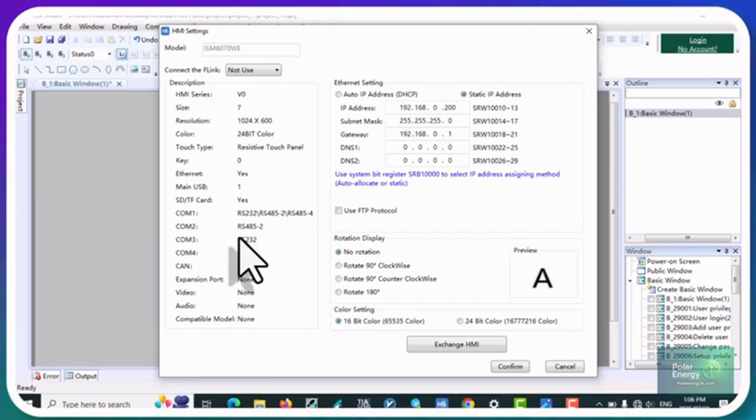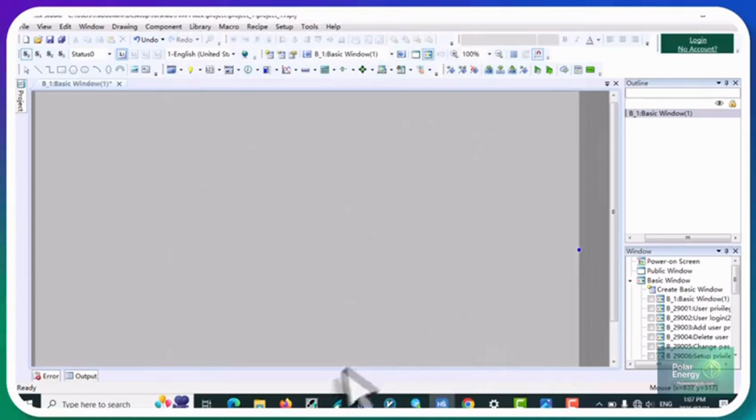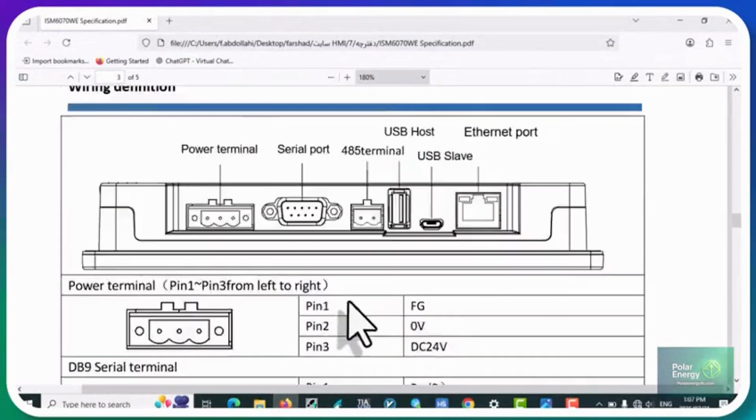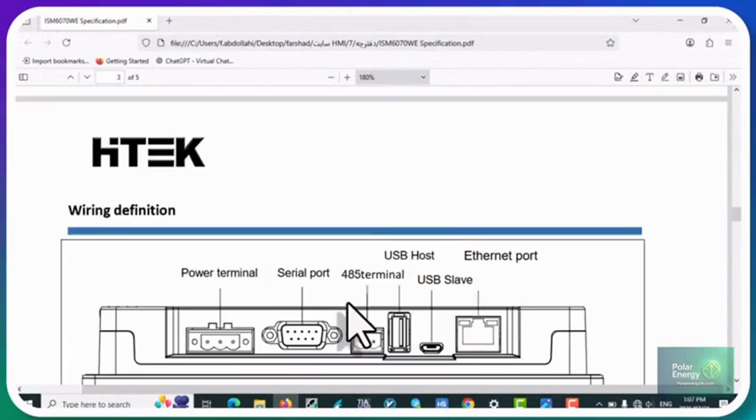So, if we want to see which network each COM port supports on HMI panels from HiTek, we need to open the HMI settings in the project section. Here, in the description section, it shows us which network each COM port supports. I confirm this. Alright, when you check the catalog for HiTek HMIs,